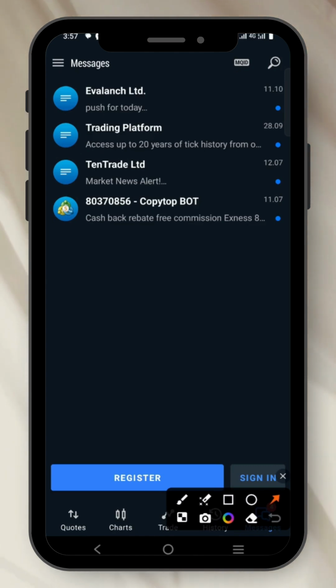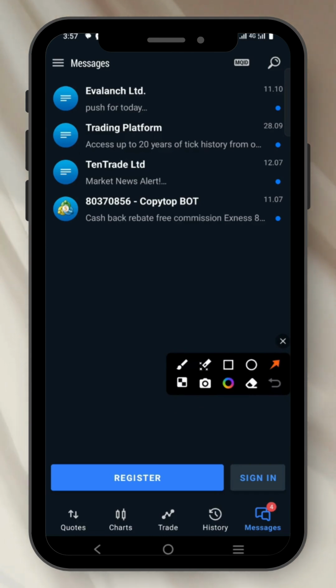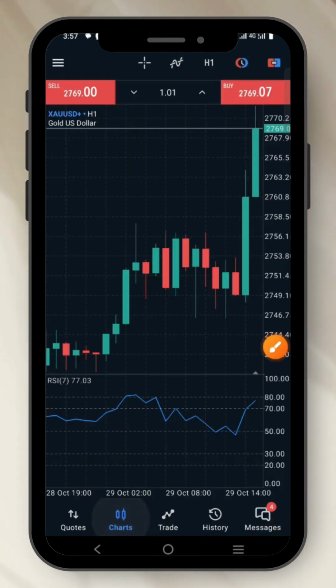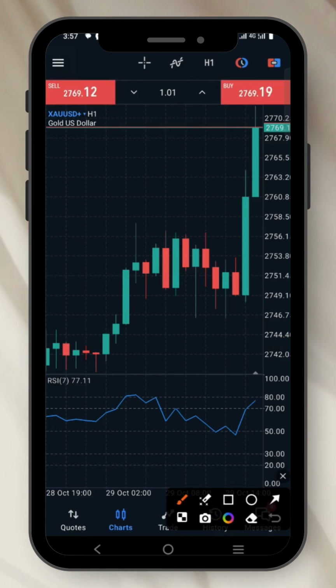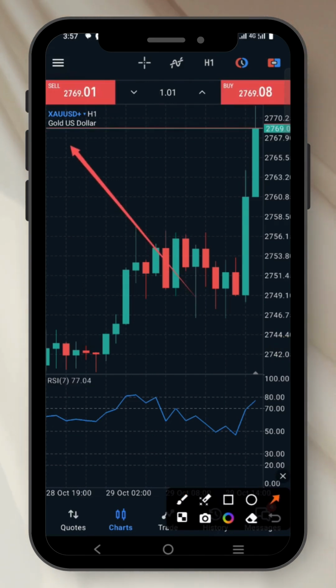Now you can see the option of chart. Let's go on chart to look at what we have to see on chart. On this chart section, this is where you see the chart of anything you are looking at. In this case, we are looking at the chart of gold. You can see gold right there, gold USD. We're looking at the chart of gold, and this is how amazing it can be, whereby you can trade